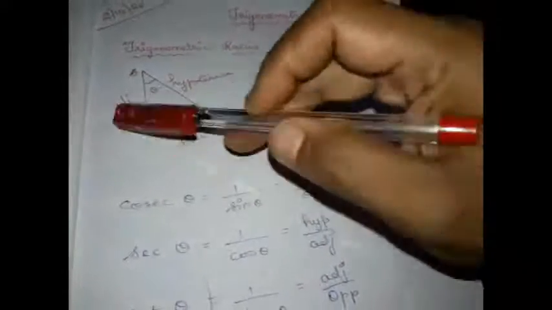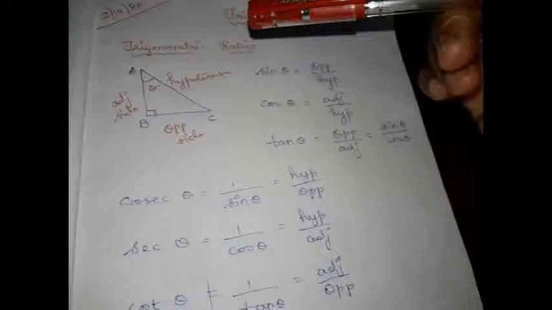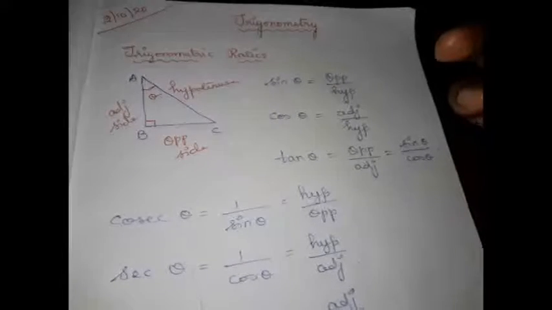So this basic definition of trigonometric ratios you should remember, right? And if we know any one trigonometric ratio among these three, we can find all the remaining trigonometric ratios. Why? Because if we know sine theta, we know two sides of a right triangle. If we know two sides of a right triangle, the third side can be found using the Pythagoras theorem, right?